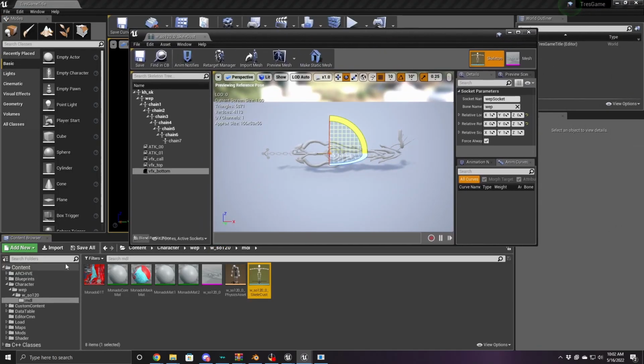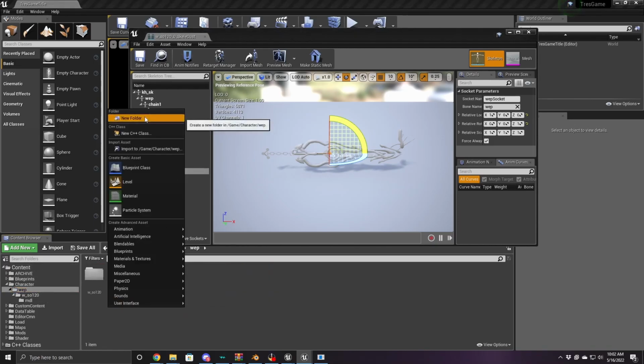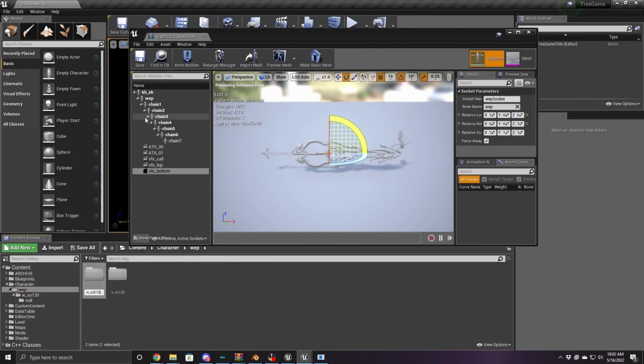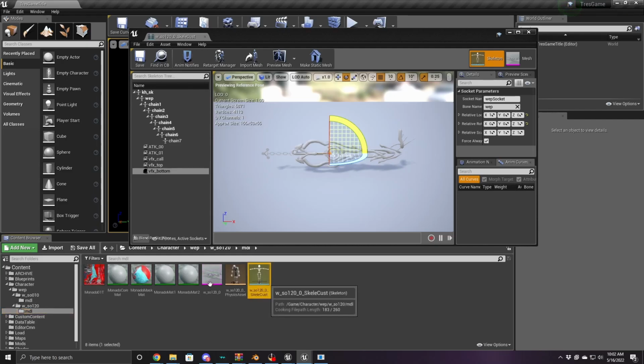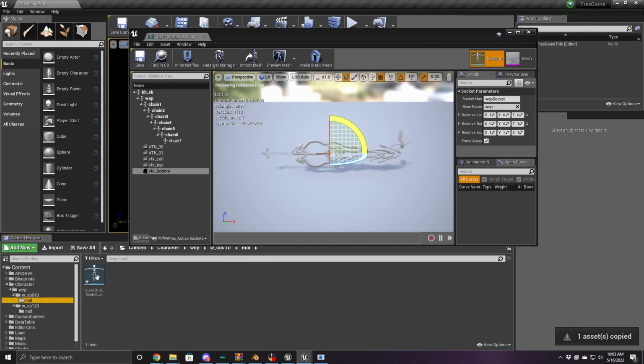Then there's one more thing we need to do. You're going to want to create a folder for Kingdom Key, so WSOLNO. Regardless of what Keyblade you're replacing, you just want to use Kingdom Key's thing here. I'm just going to copy this over because we just need a dummy skeleton to reference. And so I'm going to rename it to the Kingdom Key's skeleton, WSOONO